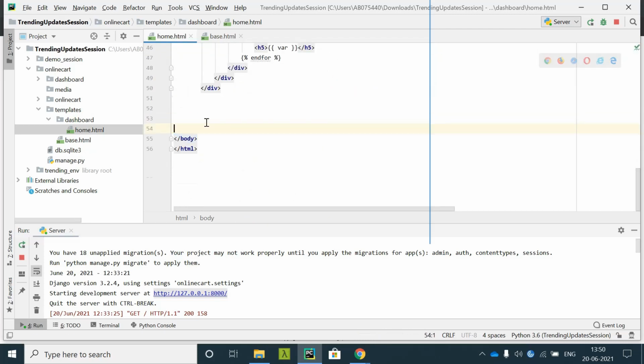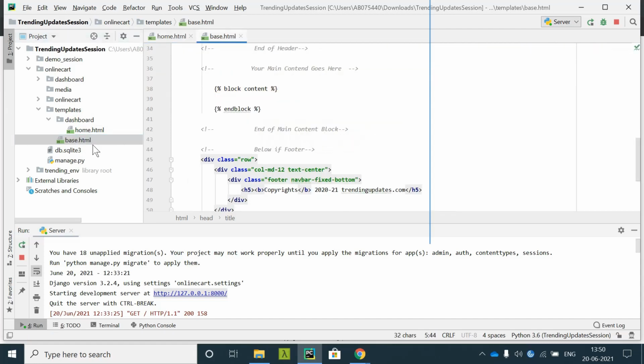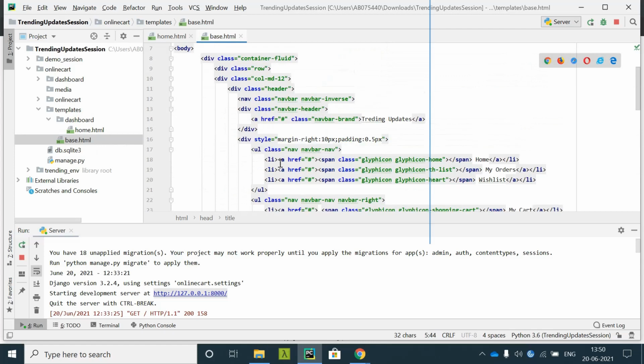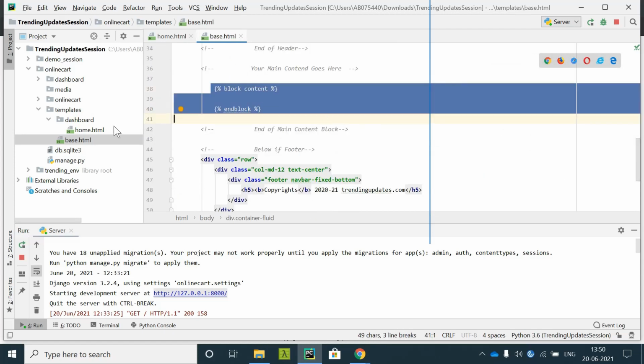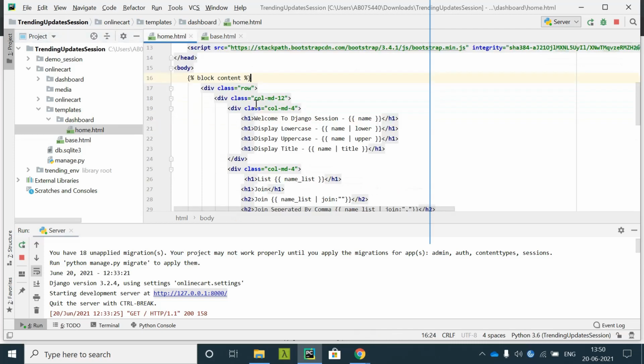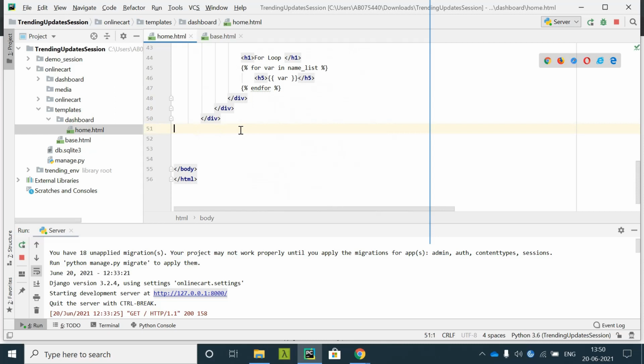Now we are only worried about displaying our main content, so we use block content. This name is similar to what we have given in the base.html file. This means that our header and footer will remain, and inside this content we are supposed to write our main content. So inside this content, end the block here.